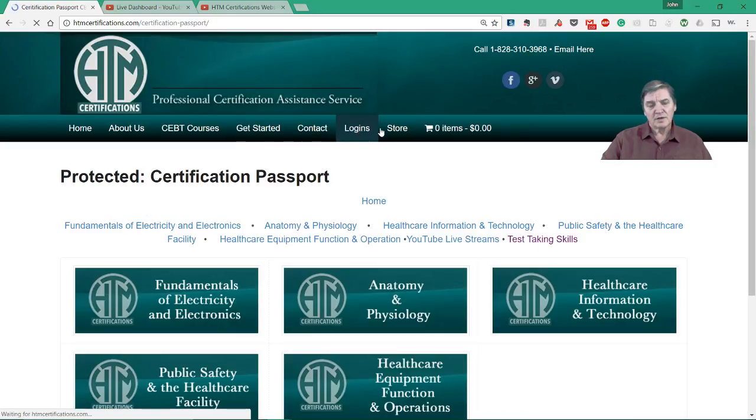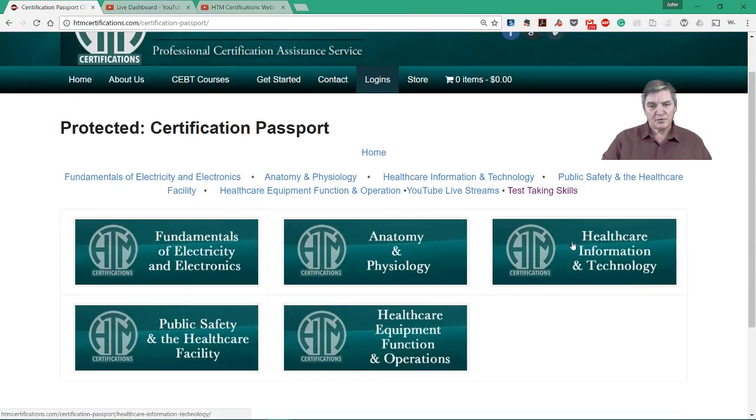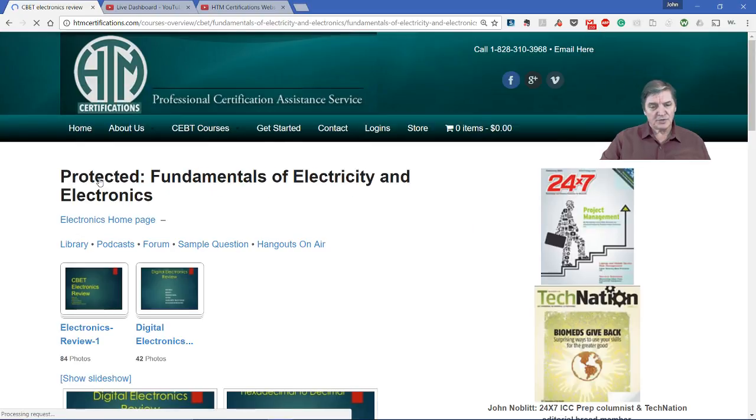Here we've got links to all the different areas of the exam. This link is the same as this link, so you can go in either one. I'll give you a quick look at what we have on the back end of the website. If we go into, say, electronics, each of these is set up basically the same way. You'll see at the top of the page